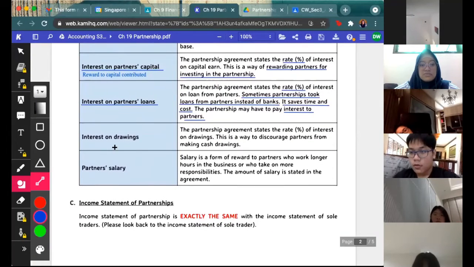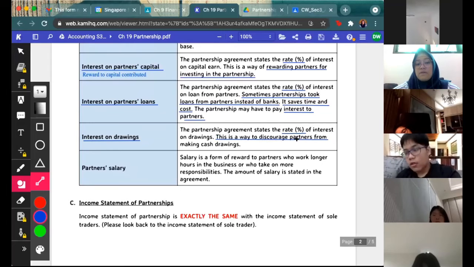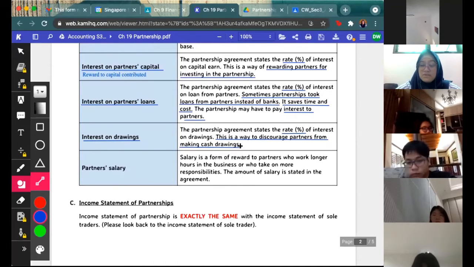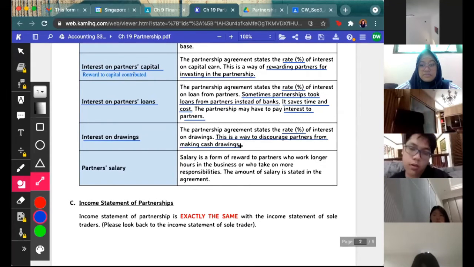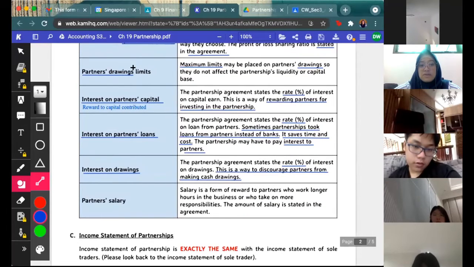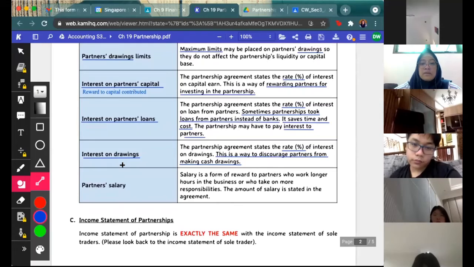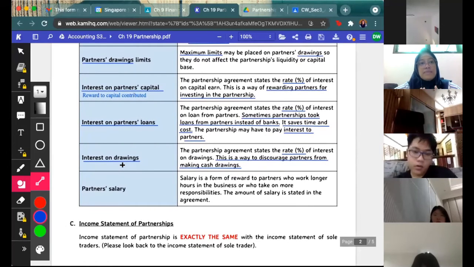Okay, next, interest on drawings. This interest on drawings is a charge of cost to partners. The partnership agreement also states the rate of interest on drawings. Why do we as a partnership have to create this interest on drawings? This is actually a way to discourage partners from making cash drawings. Drawings can affect the daily activities of the partnership. So in order to discourage, once we have limitations on drawings, we also charge an interest. So that is why